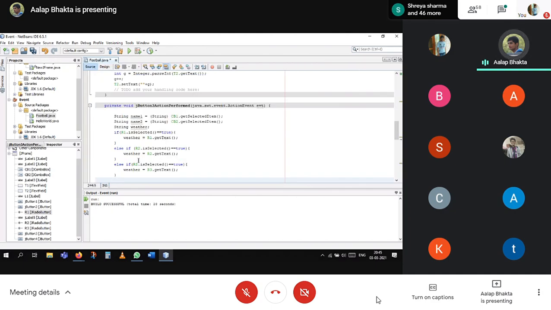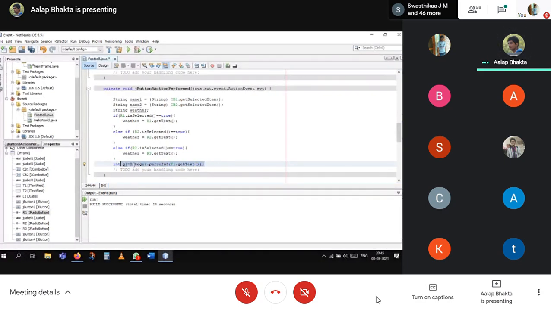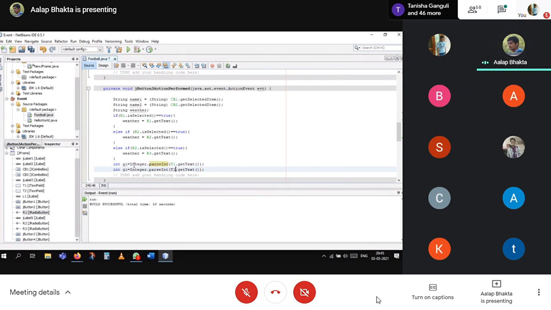So int g1 is equal to Integer dot parseInt t1 dot get text. Same goes for the other team, g2.